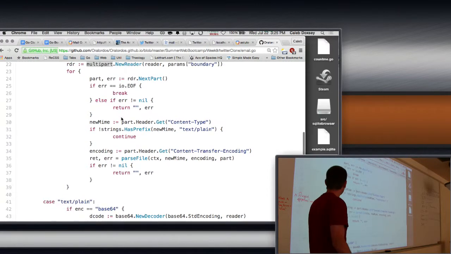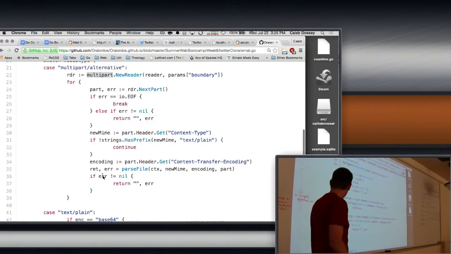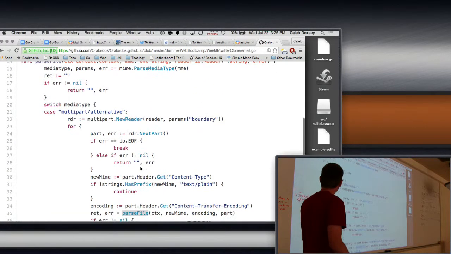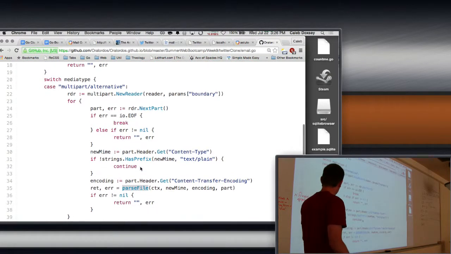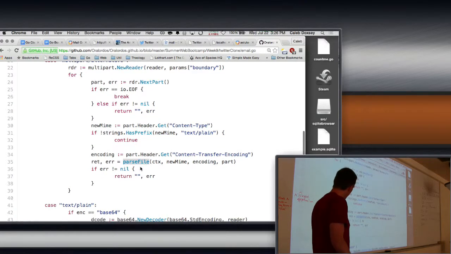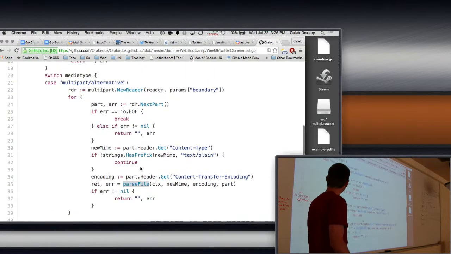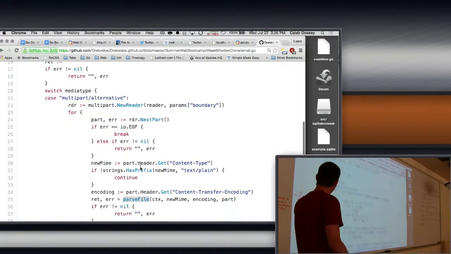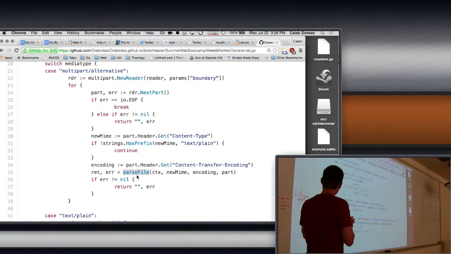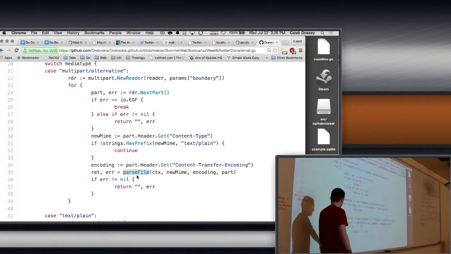But anyway, so you get this, and then it's recursive. Yes, because each part may have its own MIME type. So I'm actually just saying if the second part is not text plain, ignore it. Okay, so you have this multi-part thing, and inside of it is a text plain thing. And you're calling that again, and then if you go here,